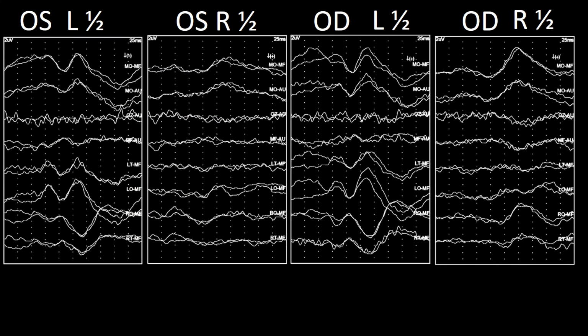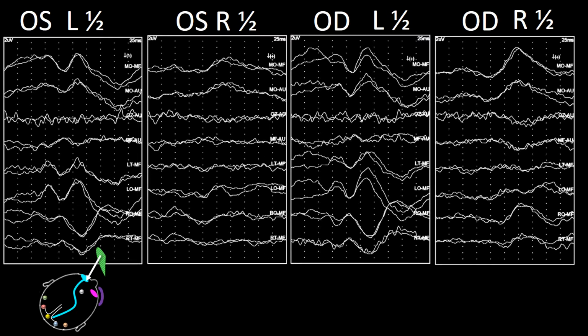These four panels are the visual evoked potentials obtained from each eye by stimulation of one hemifield at a time. This can be done individually, that is one hemifield at a time, or by alternating a stimulus on one eye from the right to the left and then doing the same thing on the other eye. At the bottom of the first panel, I have placed a figure depicting the pathway followed by the electrical activity